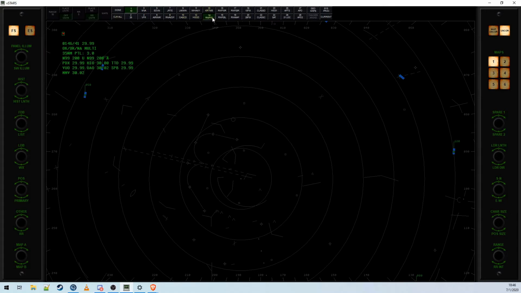And you have your RNAV RNP approaches for 10 left, 10 right, and 28 left and 28 right. And then these are your RNAV points for the approaches. And if you're vectoring for the ILSs and the approaches, these are the names of your points, so you can use those in addition to the